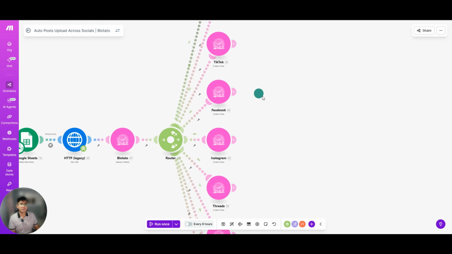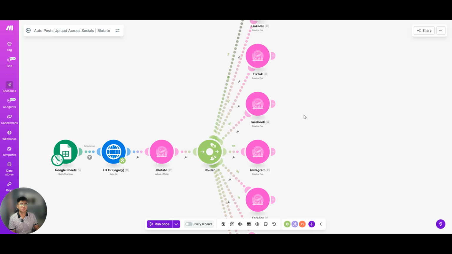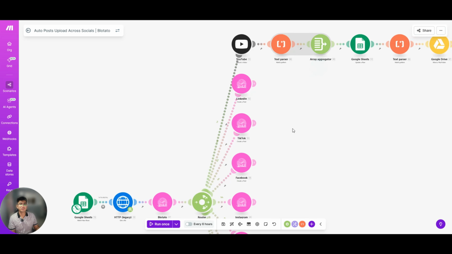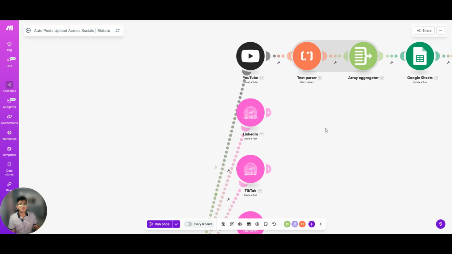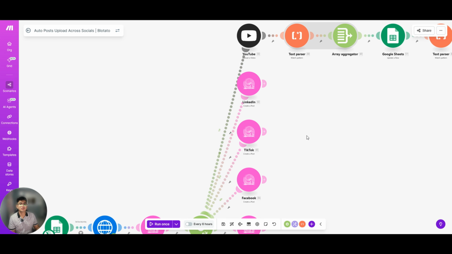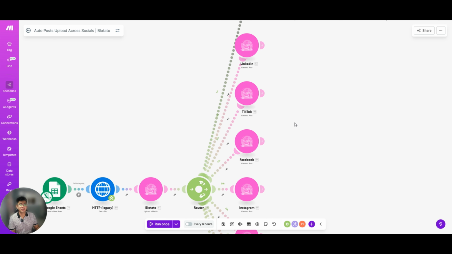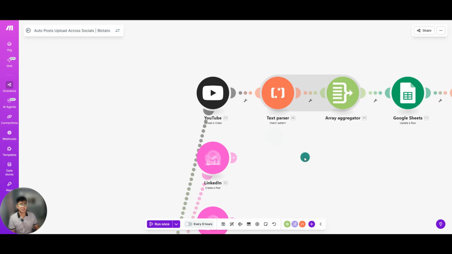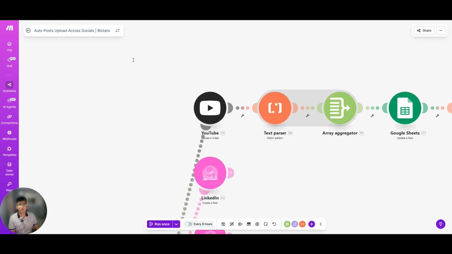But each path has its own formatting rules. So on each branch, there's a module for a specific platform. So let's discuss it one by one.